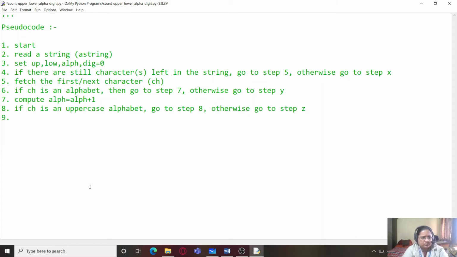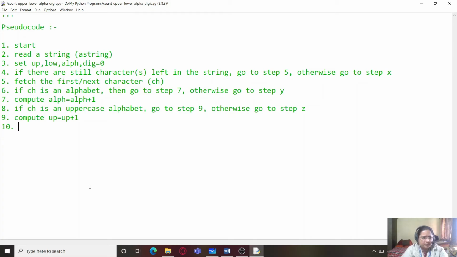Sorry, we will not go to step 8, instead we will be going to step 9. Otherwise go to step Z, and here it is compute up equals up plus 1. This is for counting the number of uppercase alphabets.